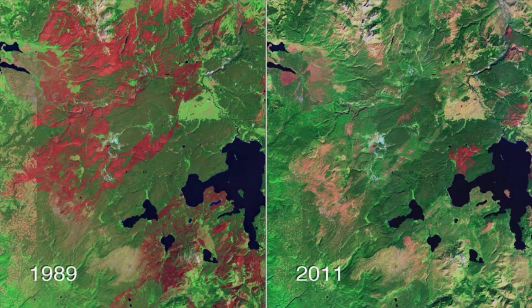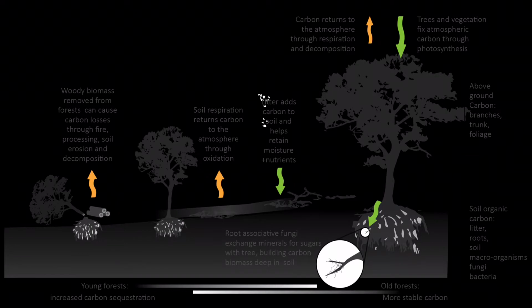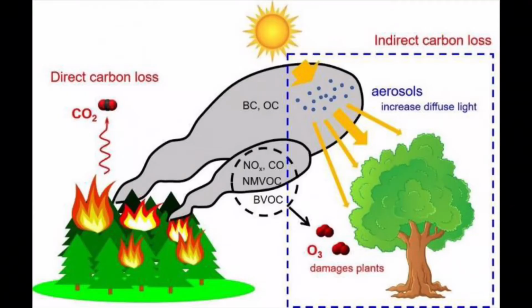So we're first determining how much carbon trees and forests in general are actually able to store. And then we're able to calculate how much carbon has been burned during this Clover Mist fire, so we can figure out what the impacts of this wildfire are for carbon dioxide levels and whatnot, right? So